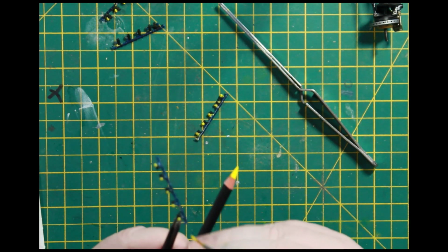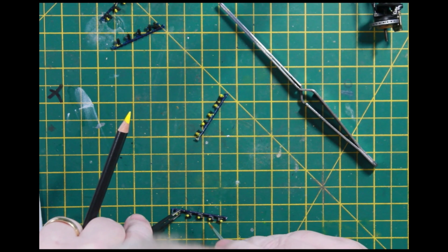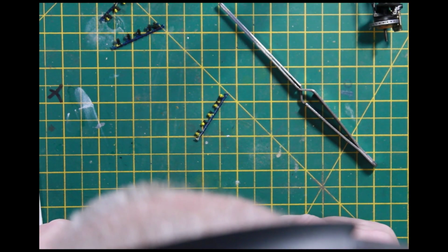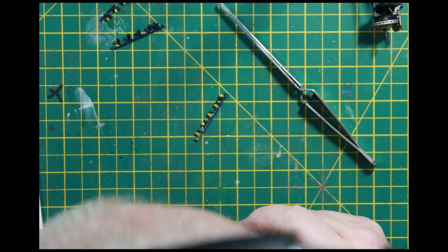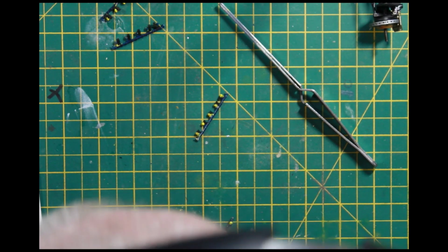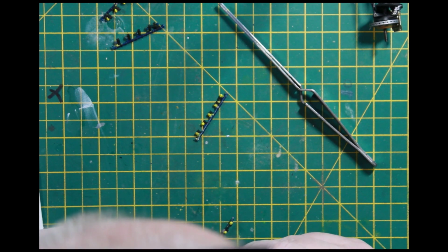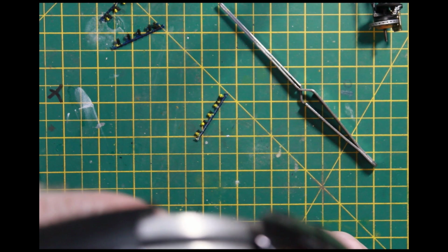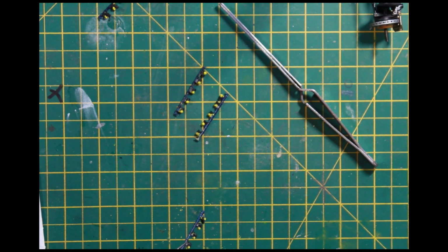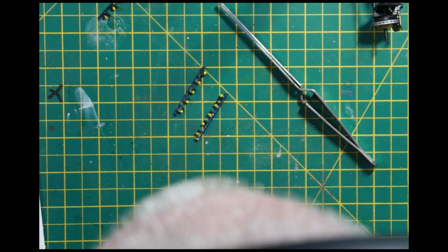We do that with not all of them need doing, so there's a couple there on the end there. And there's one there. And it's mainly on the bottom that the black paint has flicked over or caught them. There we go. So these are more or less ready now. I will wait for them to dry properly, and then I may just go over the top with some of